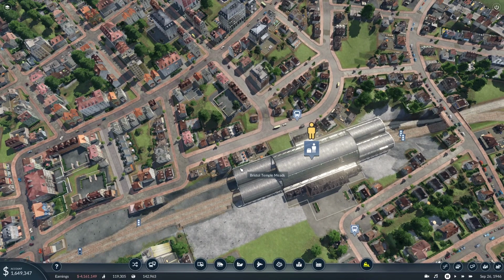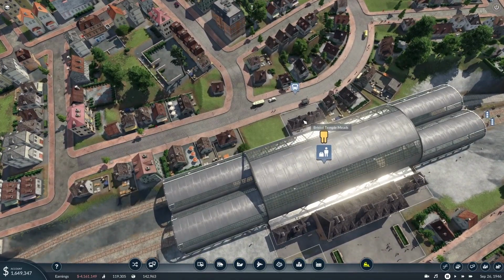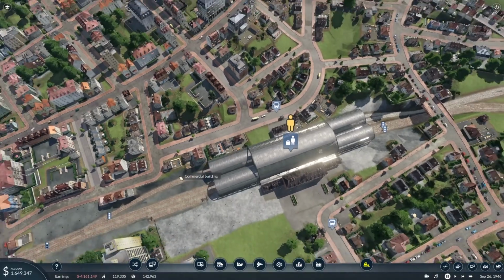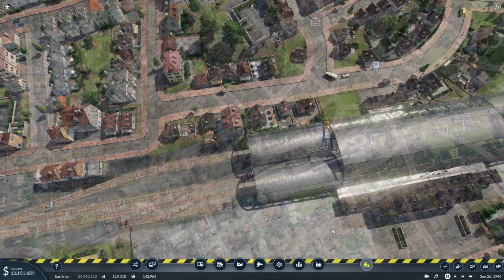So what are we doing here? Okay, let's see if I can expand Bristol Temple Meads, which means getting rid of that station building there, unfortunately. We might move it out to the end. We'll see what happens, and creating a new line to go up from Temple Meads to Parkway. Right, let's start